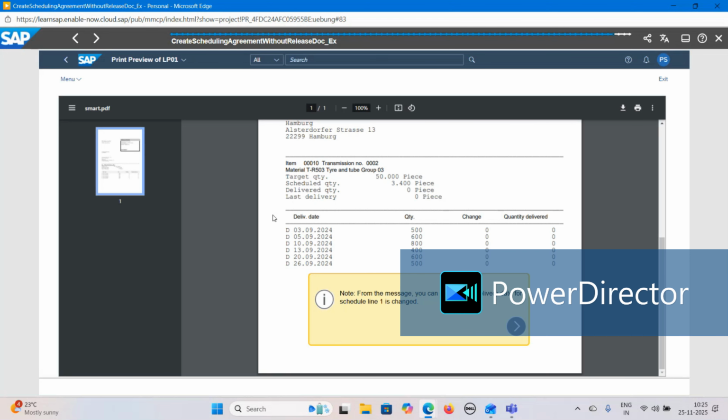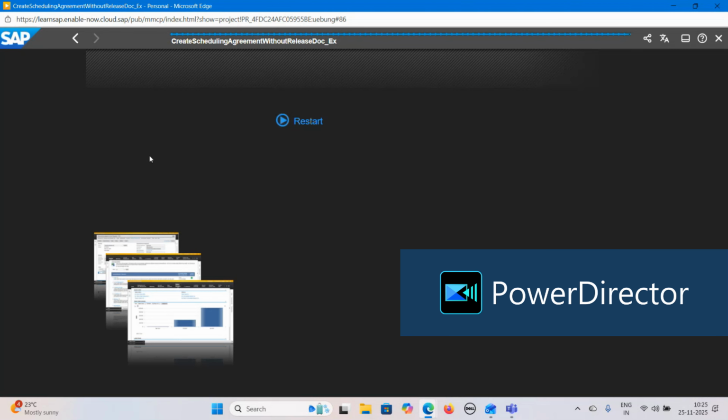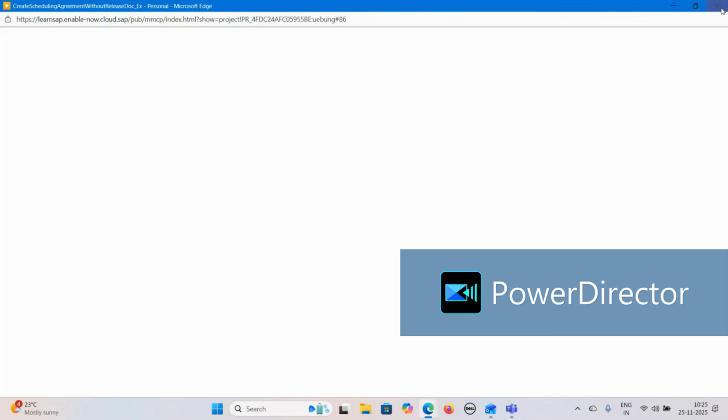Yeah, you can see whatever they updated, they can send this directly after that. So now I need not create a new document. So the first one, they change the delivery date, so it's updated here, and they can send the message to the vendor. So this is how the scheduling agreement without release documentation will work. So with release